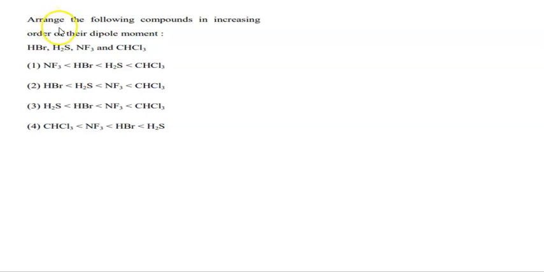In this question, arrange the following compounds in the increasing order of their dipole moment. Clearly we know that HBr, H2S, NF3, CHCl3 all are polar compounds which have a net dipole moment. But if I take the compound NF3,